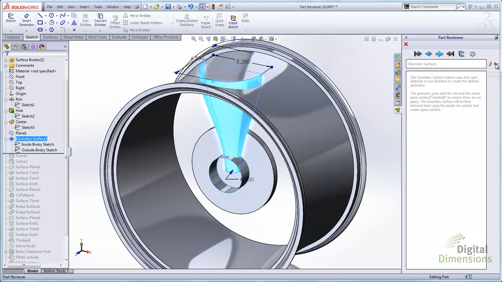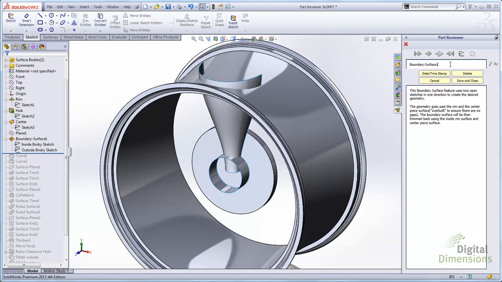So next to the pencil here, you can hide and show features now. When you edit this, you can actually edit the name of the feature too. When you go into edit, you can add the timestamp. Now when people use this part reviewer, some people use it for training, some people actually use it for collaboration. You can click in here and put a timestamp, and you can say things like check,